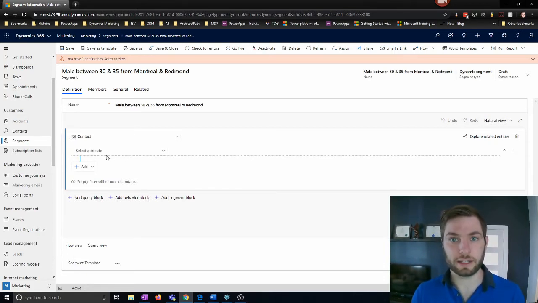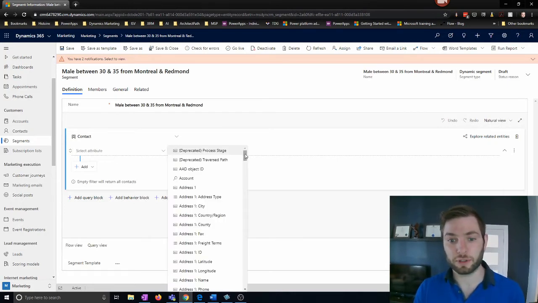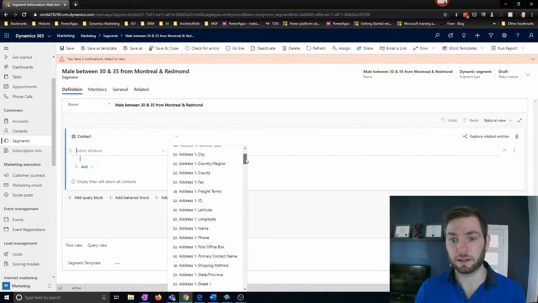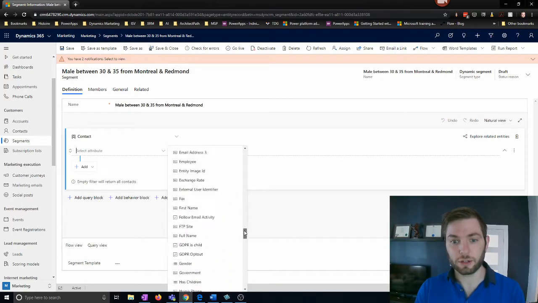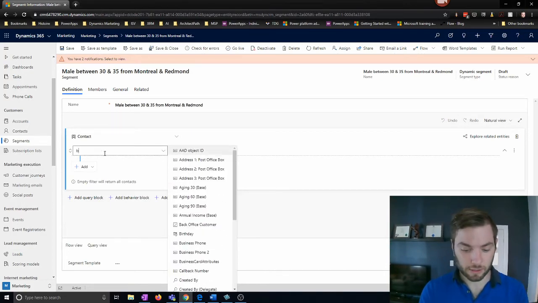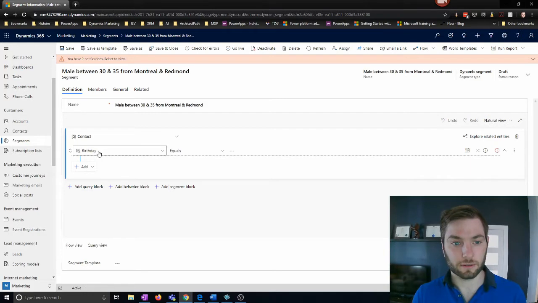So all the attributes that I'm seeing there are attributes that come from the contact itself, and we want to query based on the age of the contact. As I mentioned when we first started, I don't have an age field in the system. I have a birthday field, which is the date of their birthday, obviously. So I want to go look for it. I can just scroll up and down, right, like this, or I can type in, okay, birthday, and the system will propose me with results. So I want birthday